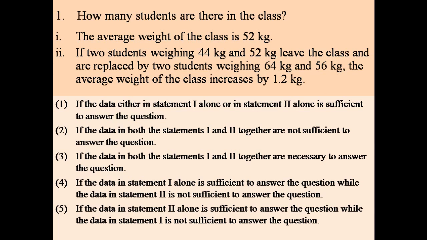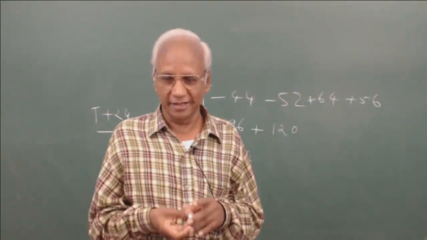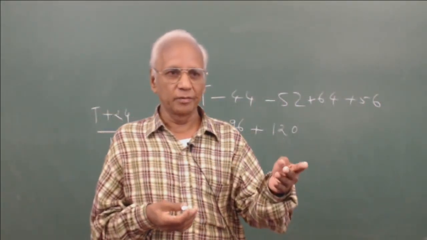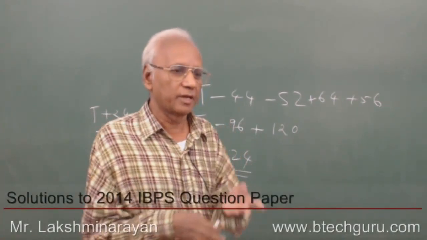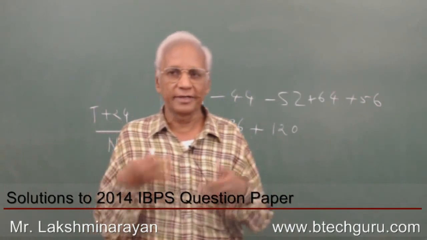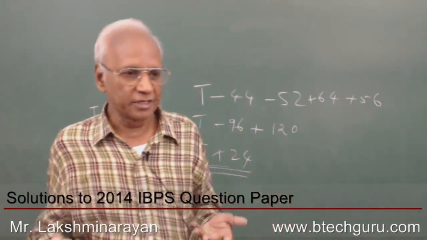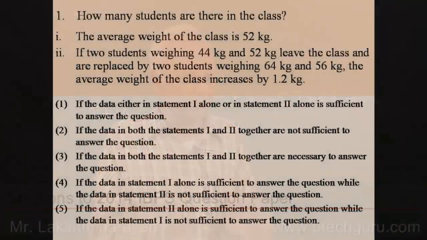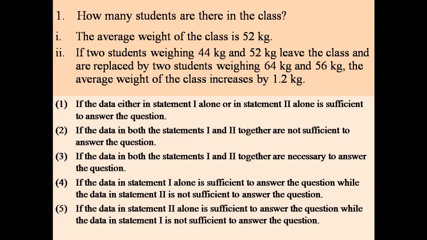Now once having done it, we have to look at the choices for answers 1, 2, 3, 4, 5. Again I have to give only one warning at this stage. Don't blindly think that all data sufficiency questions in all question papers in all examinations will follow exactly this order of 1, 2, 3, 4, 5. It is not necessary. Sometimes what appears as 1 here may appear as 3 there, what appears as 2 here may appear as 4 there. Different question papers, different paper setters have different techniques or different interests in setting these things. So you have to take the question paper and read exactly what is given there without remembering anything.